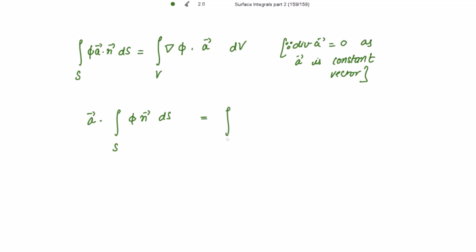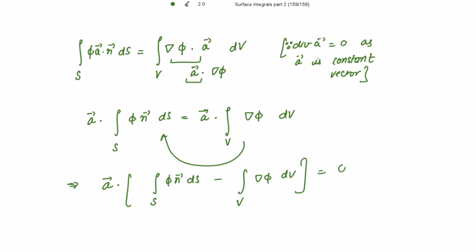So this is equal to the volume integral of, now this dot product can also be written as a vector dot product with del phi. And I'm taking this a vector with dot also outside of this volume integral. So here I'm writing a vector and dot product with this volume integral del phi dv. So this implies taking this volume integral to the other side and taking a vector dot common